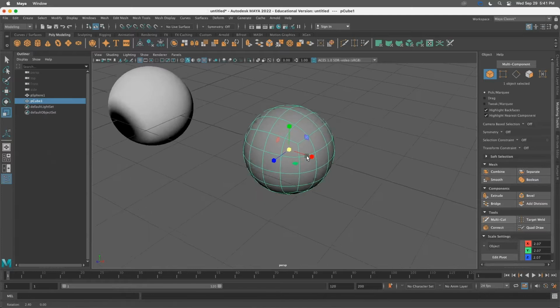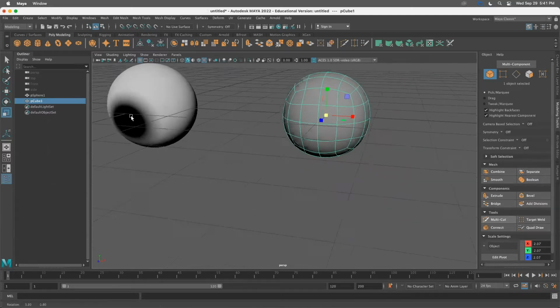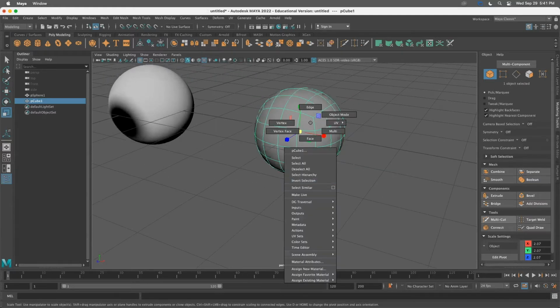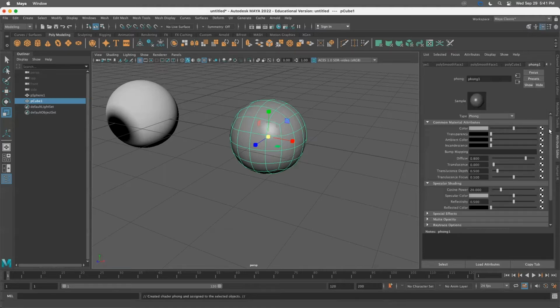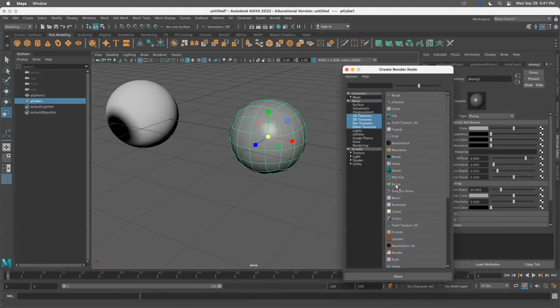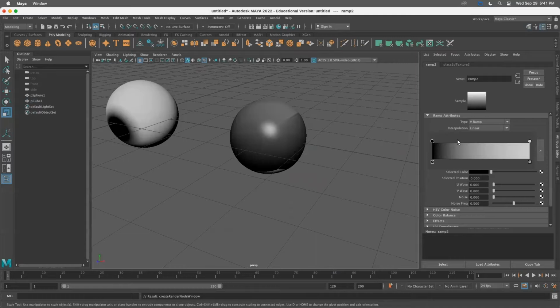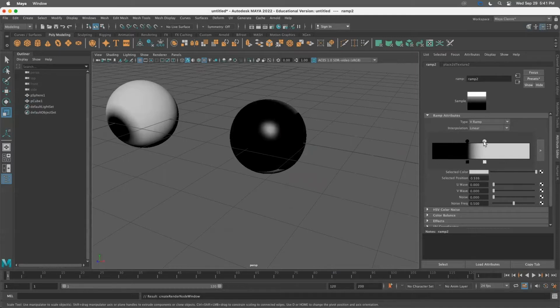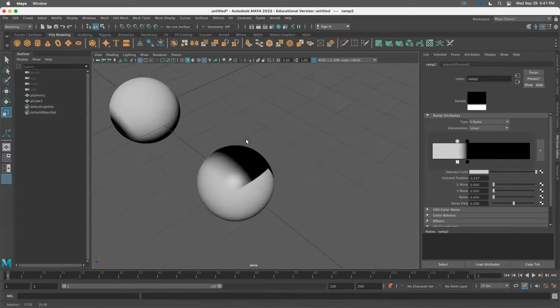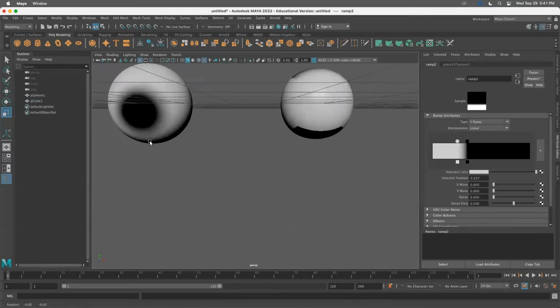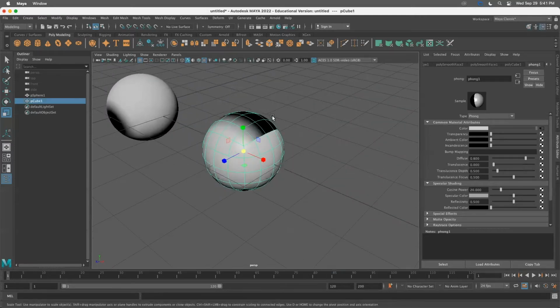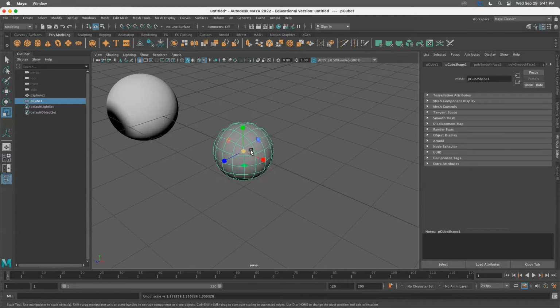But you might wonder how to add an iris like this. You want to try the same thing, like favorite materials, and I'm going to use phong here. And then where's my phong? And the color, checkerboard, and ramp. Yeah, we're going to do the same thing. You see, this doesn't work because this one has all 4-sided faces and doesn't have any triangles, so this doesn't work. So what I would like to do,